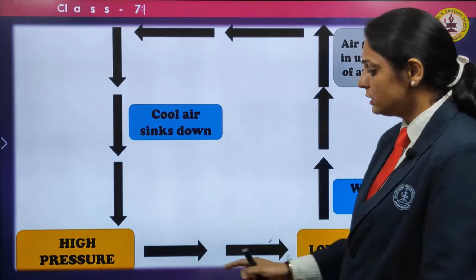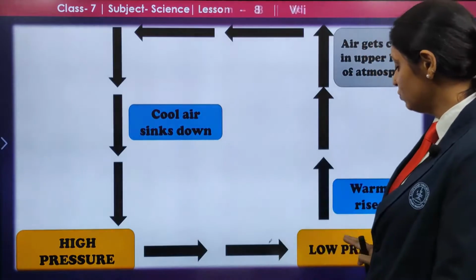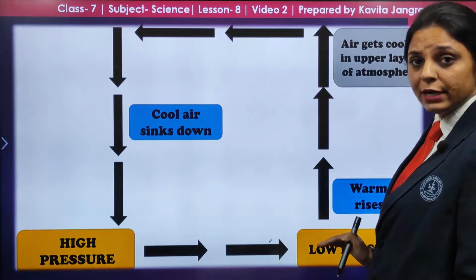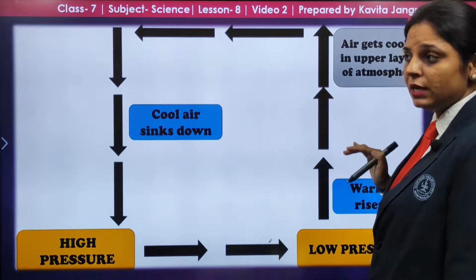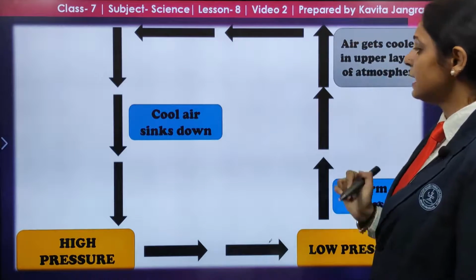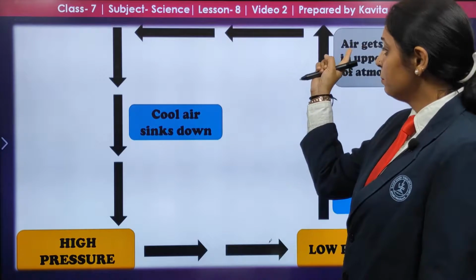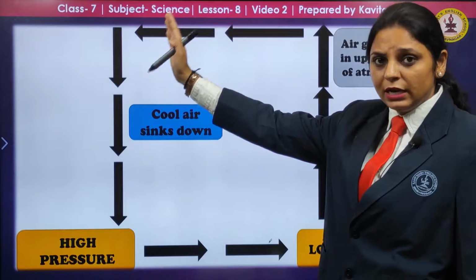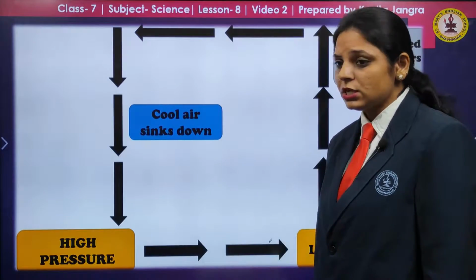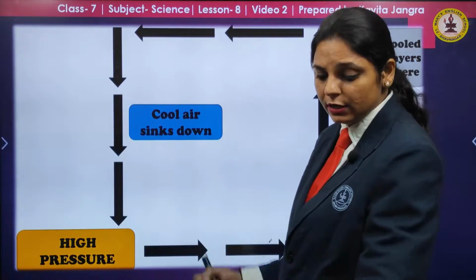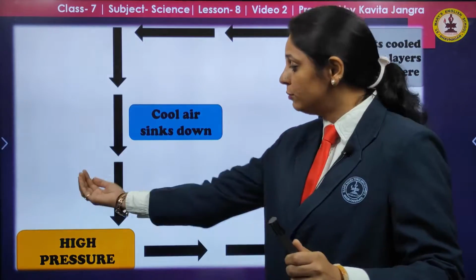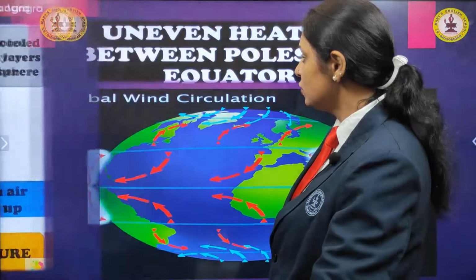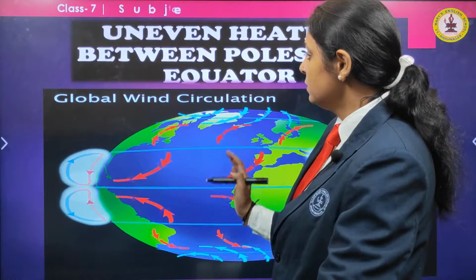This is the whole process: movement from high pressure to low pressure. And how is low pressure generated? Because the warm air becomes warm and light and goes high up in the atmosphere. After a time, the air cools down, condenses and sinks down. Again, high pressure is generated. So the movement of air from the high to the low region is the reason for the flow of wind.